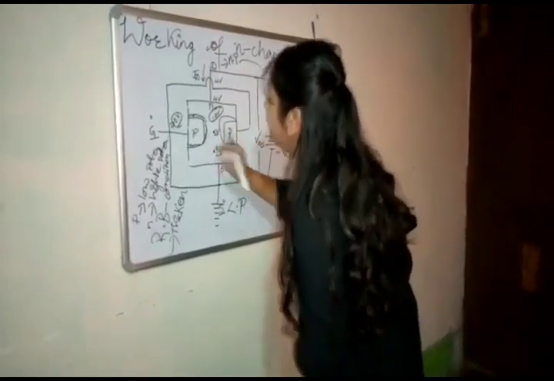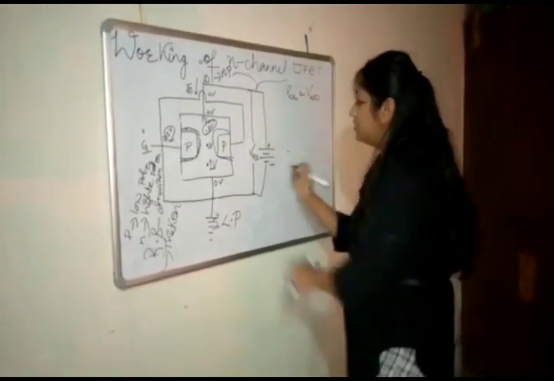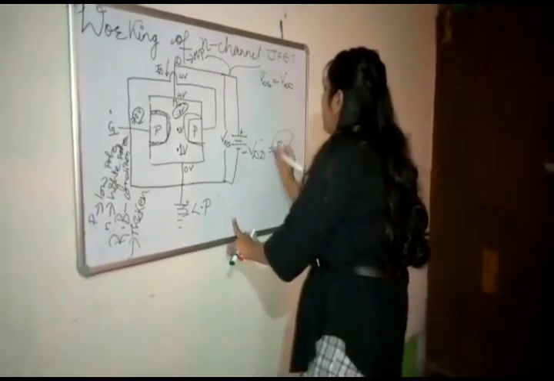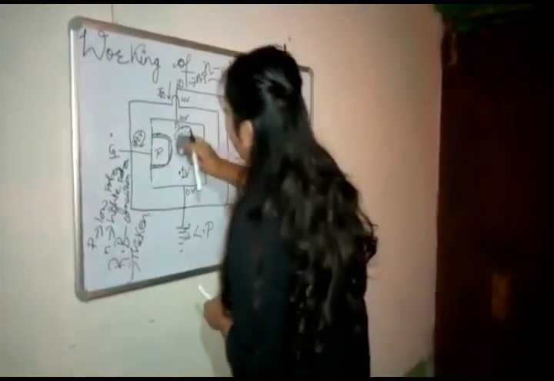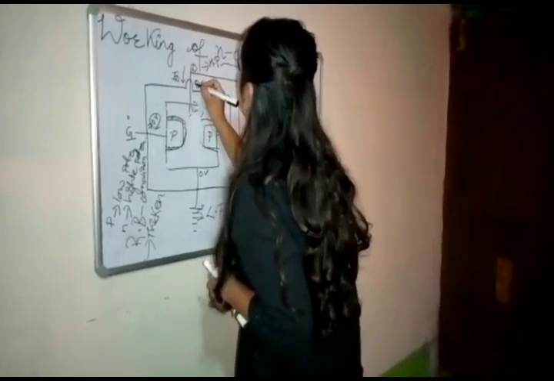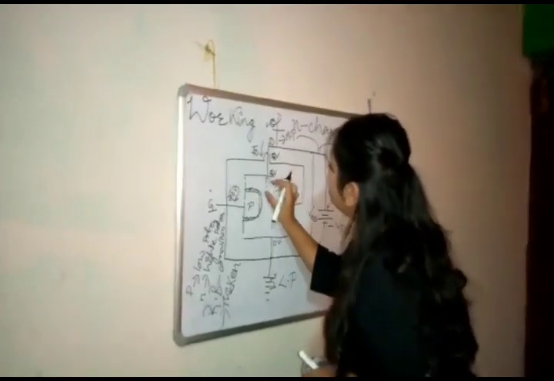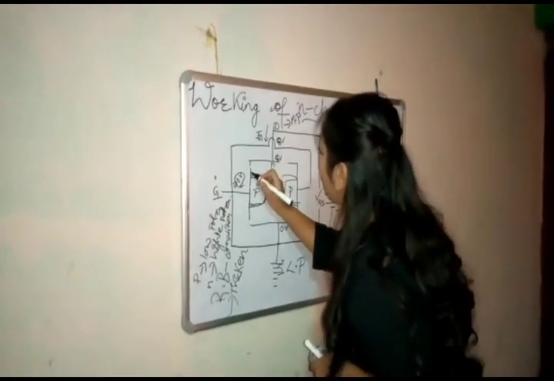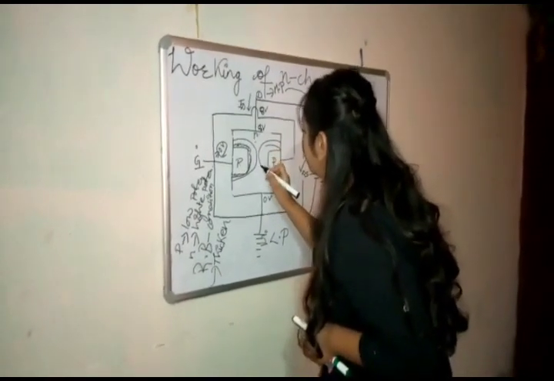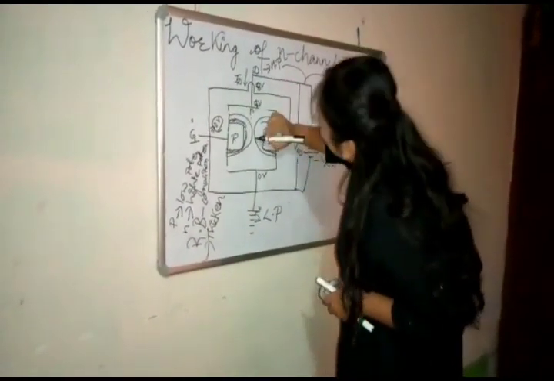Now if we consider that this VDD is a variable source, what will happen if VDD is equal to 8 volt? If VDD is equal to 8 volt, then the drain terminal will be 8 volt. It will be more reverse bias condition over here. So it will lead to an increase in the depletion layer, and with the increase in the depletion layer, this channel